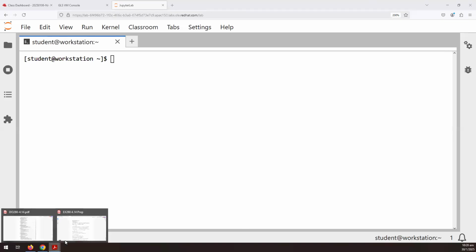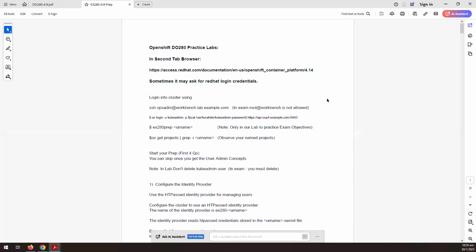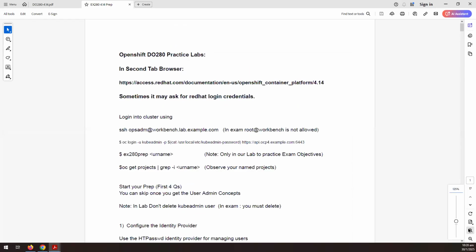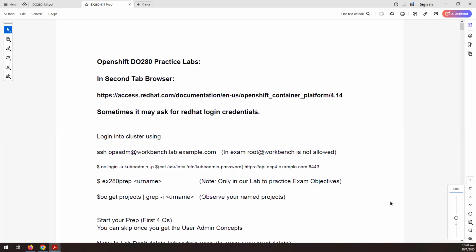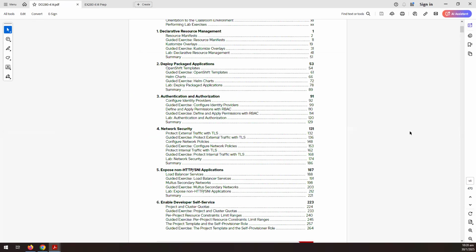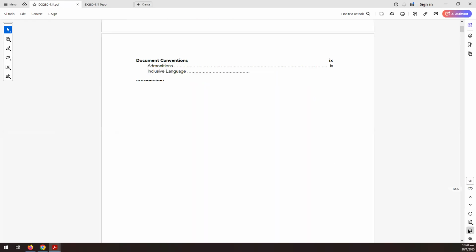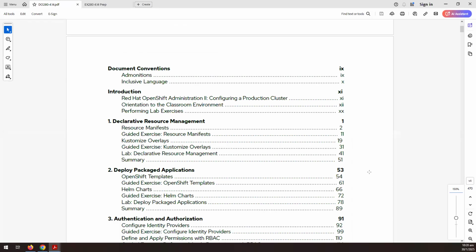Well, so this is your exam question paper. So probably I'll increase the font size. Yeah. So this is your exam paper, and this is your regular PDF, right? 2.14, 4.14 PDF, right? So while practicing, you keep this document handy, and then you can refer to this document while